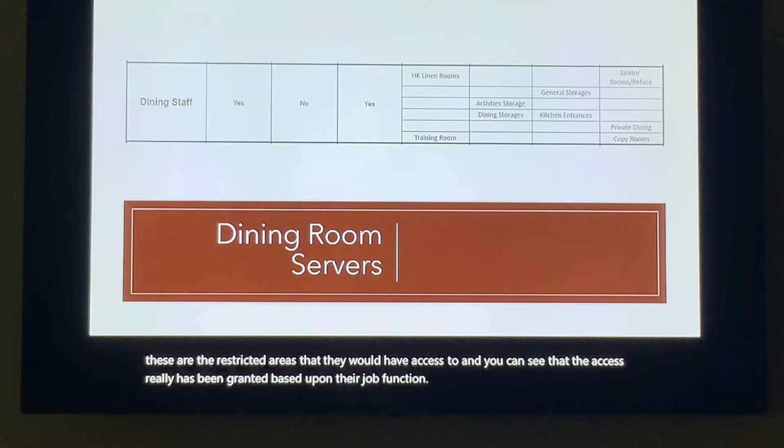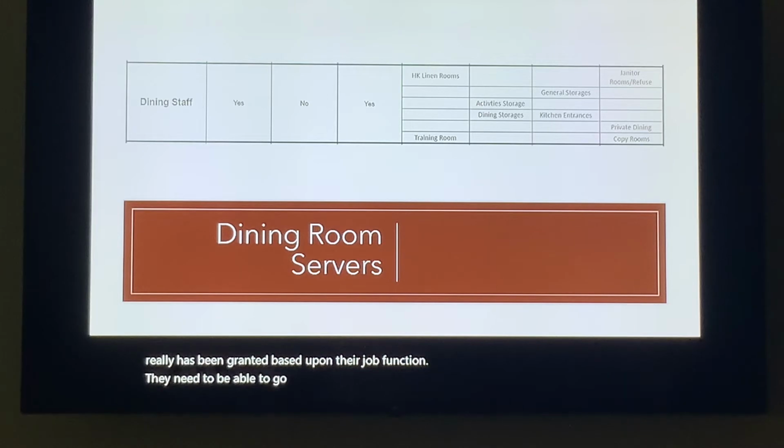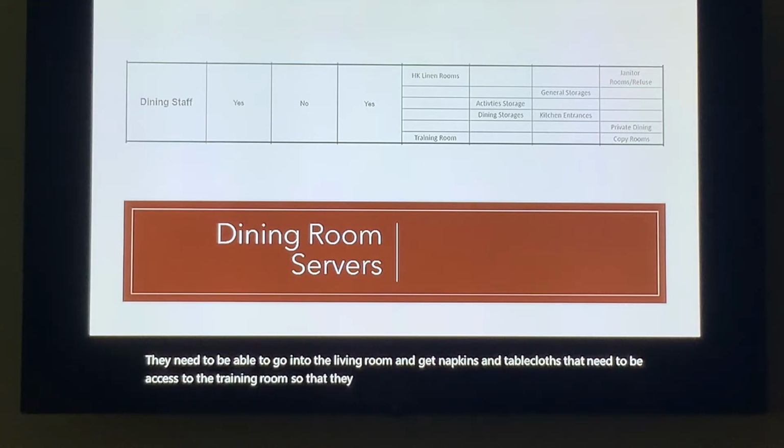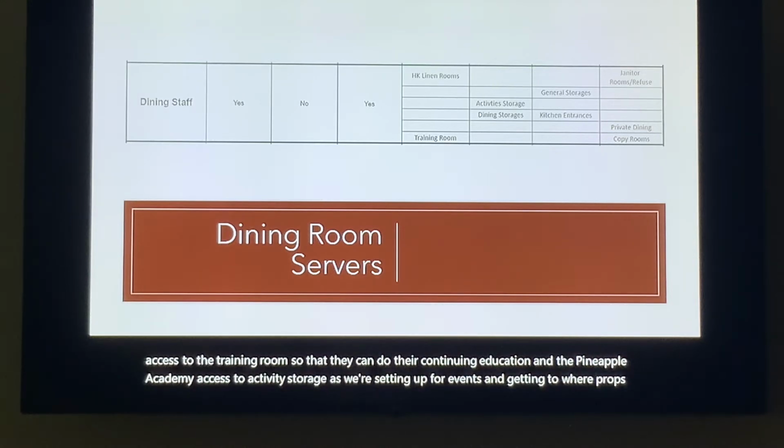They need to be able to go into the linen room and get napkins and tablecloths. They need to be access to the training room so that they can do their continuing education and the Pineapple Academy. Access to activity storage as we're setting up for events and getting to where props and other supplies are